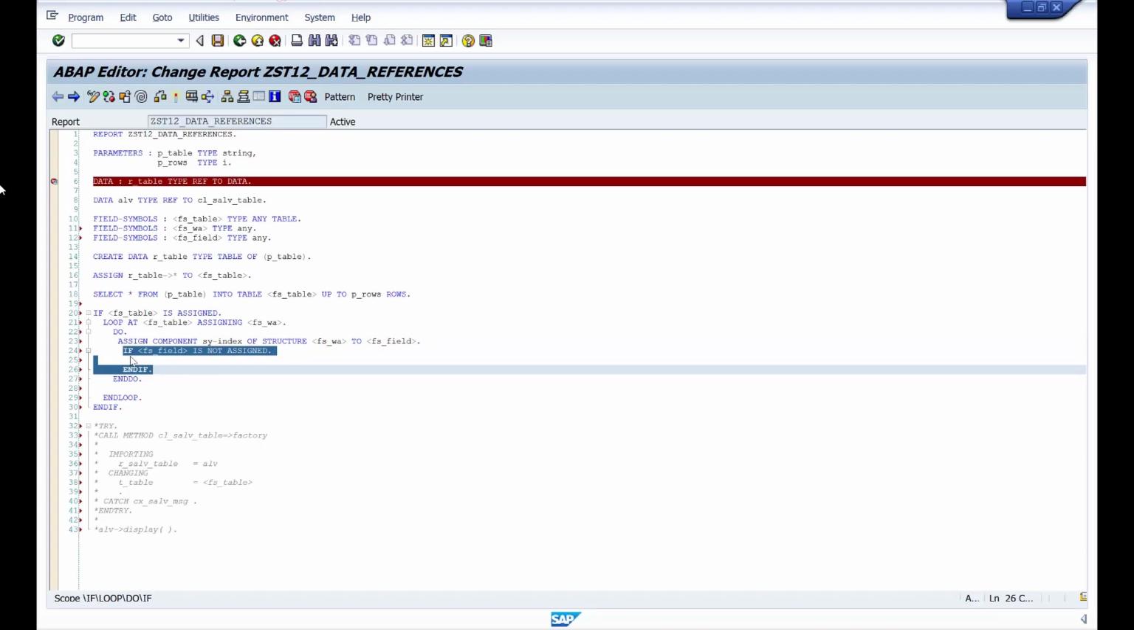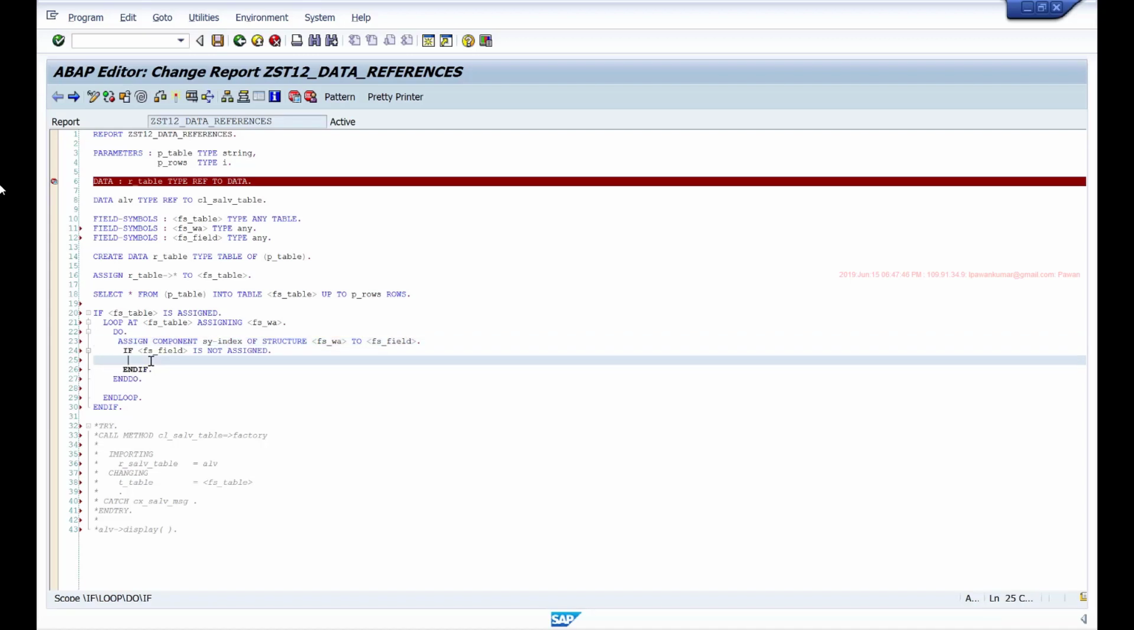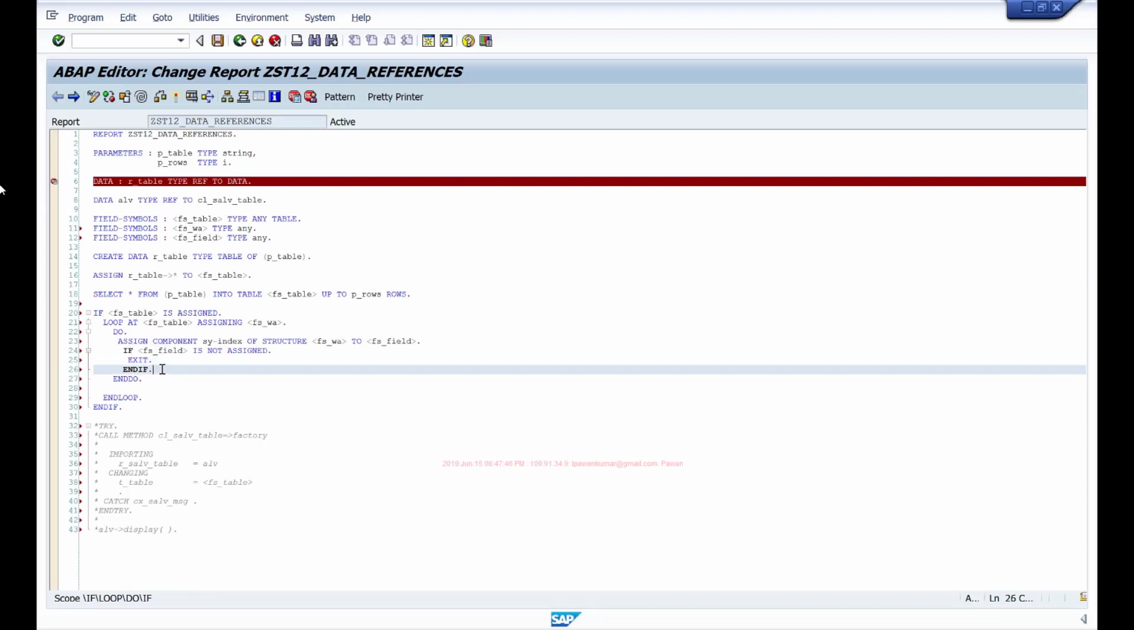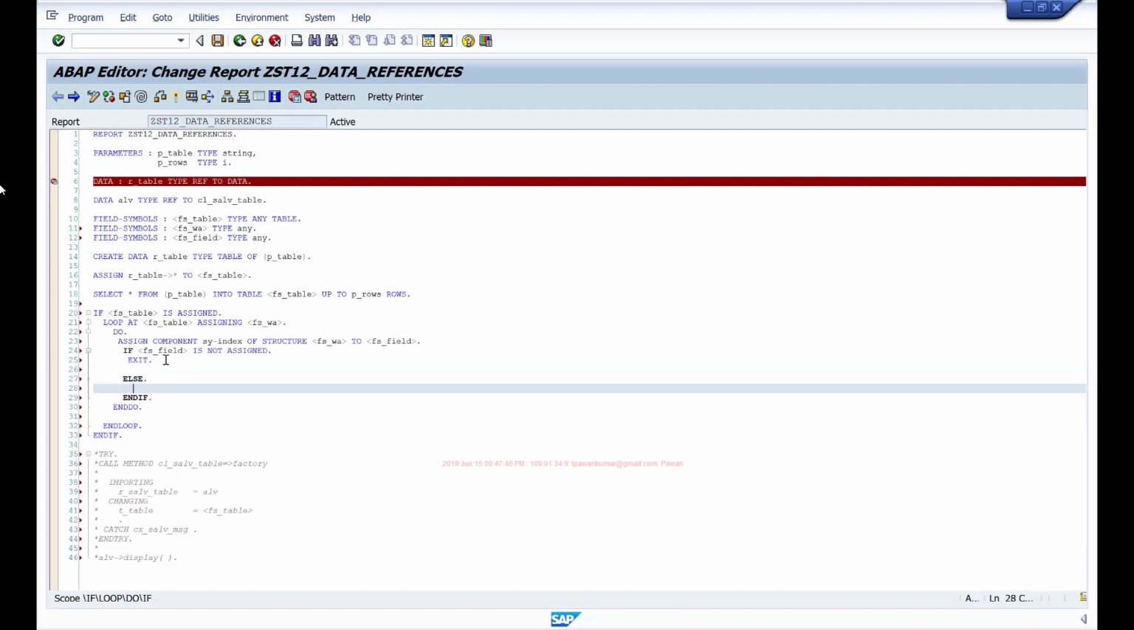However, in the 11th loop, this structure has only 10 fields, and in the 11th loop, I'm telling the system to assign the 11th field of this structure to this field symbol, FS field. Then that assignment will not succeed. So nothing will be assigned, and this condition will be satisfied. That means we have reached the end of the structure. There are no more fields. I'll exit the loop by saying exit. Else, I'll say, let's say, write FS